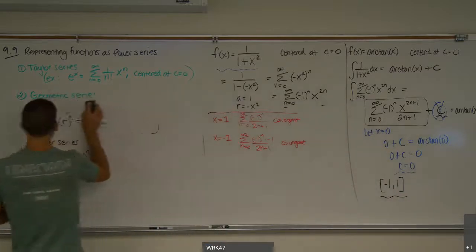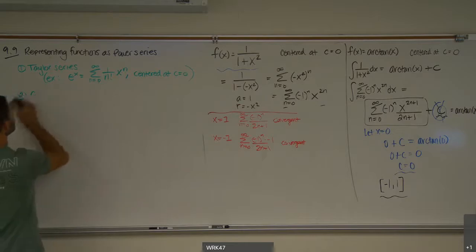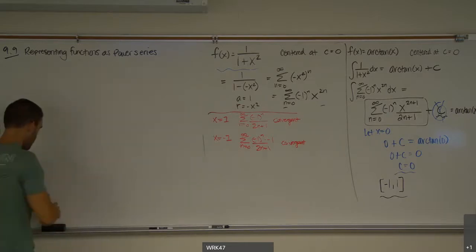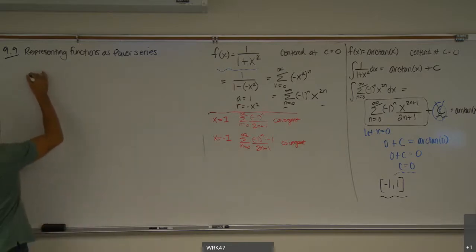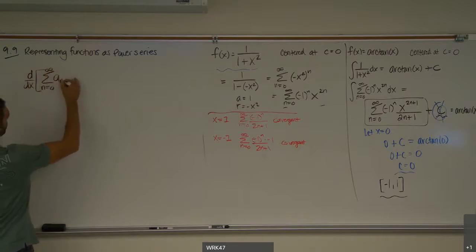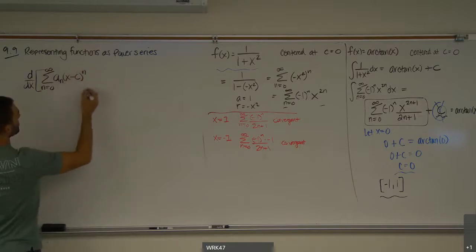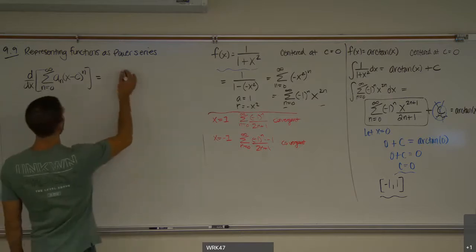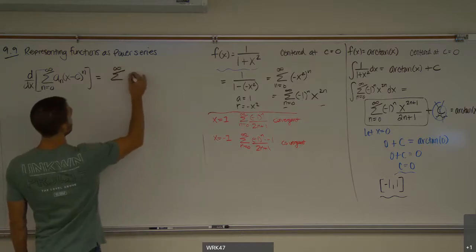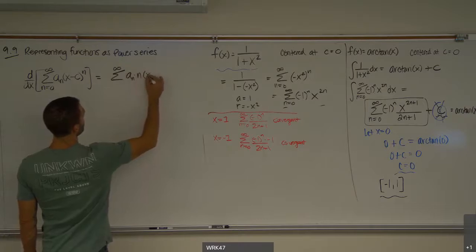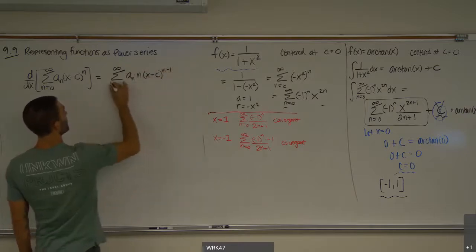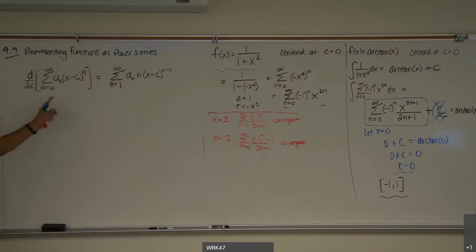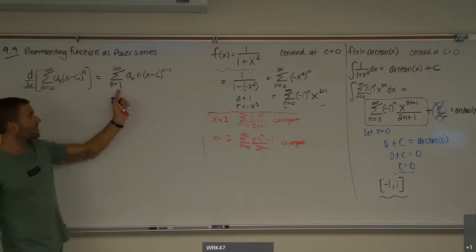And so the last thing I want to just say is just a little bit with calculus and power series, because it came up here. And that's really, what is the derivative of a power series in terms of x? Now, power series, remember this is just a polynomial, so I'm just using my power rule. I bring the n down, x minus c to the n minus 1. But the only difference with derivatives is now my sum starts at 1. This is important. Why? Because now that constant term is gone, and so my linear term becomes my constant term,